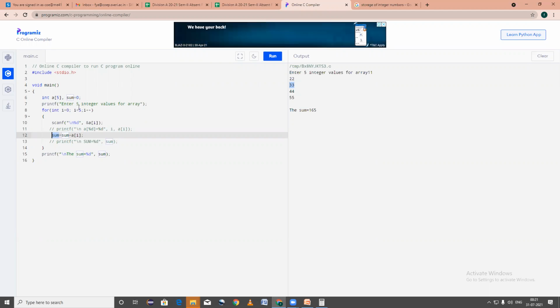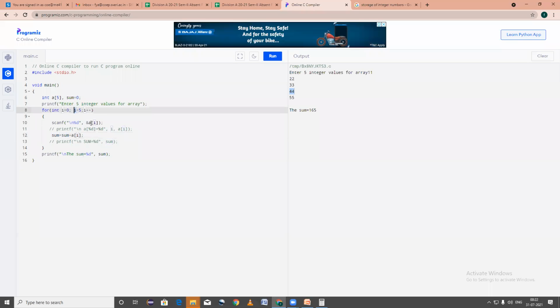Again it goes plus 1, that is 3, a of 3. So here I'm going to take the value of a of 3, that is 44. 44 plus 66 is 110. Then in the last iteration, 4 is less than 5.